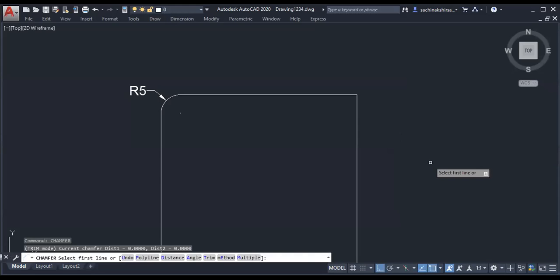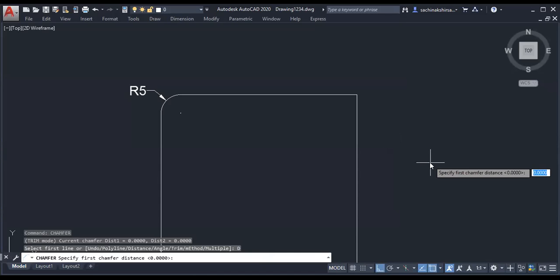What input did we give after typing fillet? We gave radius as input. In case of chamfer, we have to give distance as the input. So type D, enter. D for distance. We typed R, enter in case of fillet, and here you type D, enter in case of chamfer. Distance, enter.